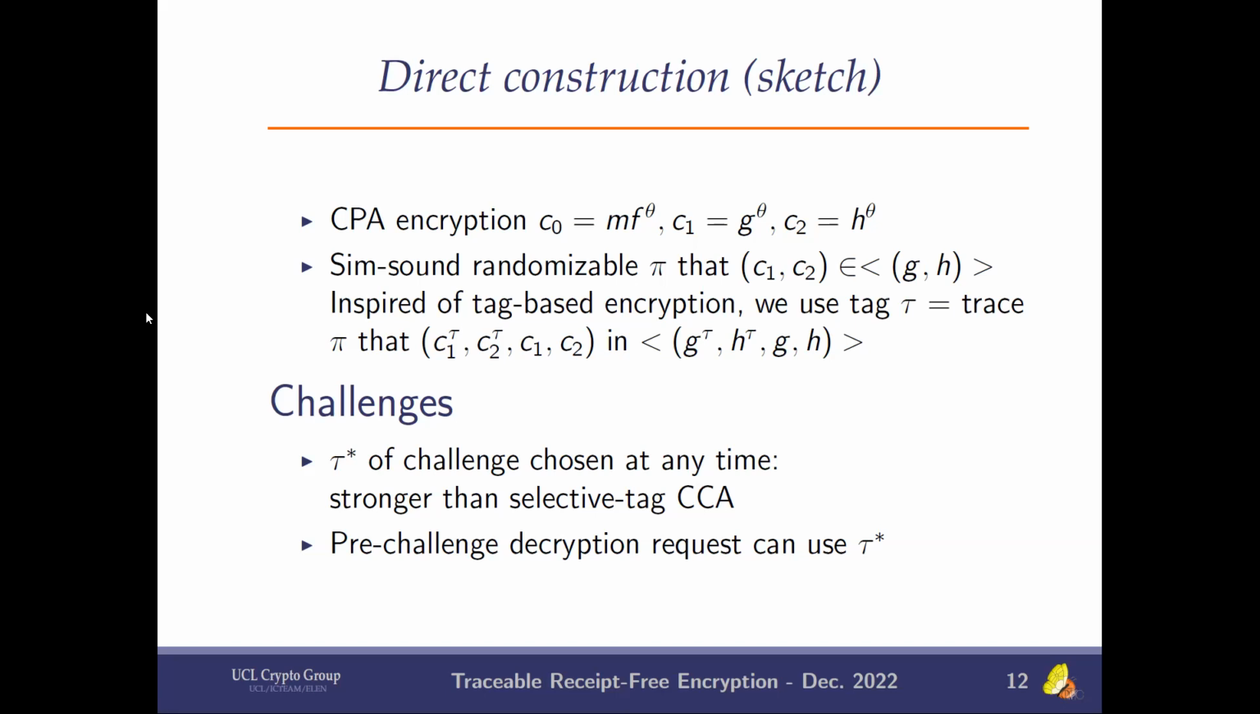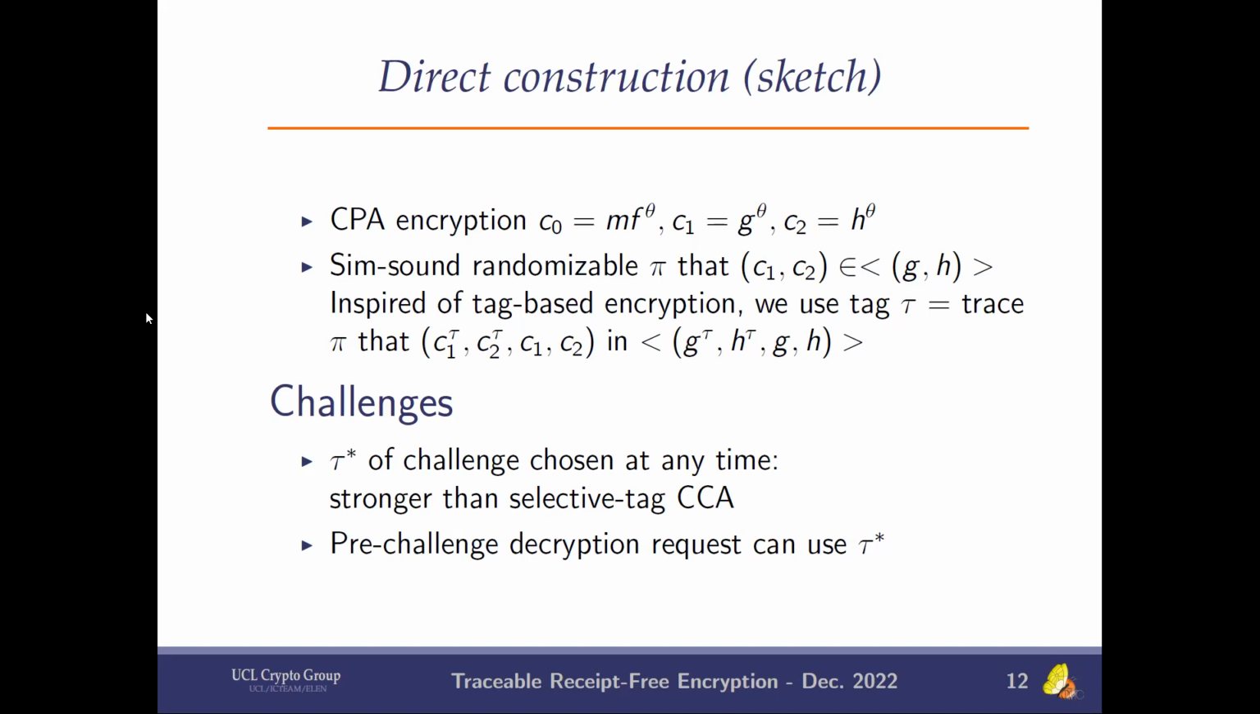But there are some technical challenges. We cannot use selective tag encryption exactly, because the tag is not chosen before everything. The tag can be chosen at any time, and especially during the challenge. And yeah, it makes the game more difficult, the reduction more difficult. And also the pre-challenge decryption requests can also use the challenge tag. And so, yes, we managed to solve that using, again, linearly homomorphic structure-preserving signatures to build a proof that this vector, C1 to the power 2, C2 to the power 2, C1, C2, is in this span,